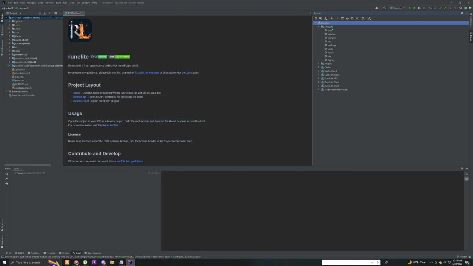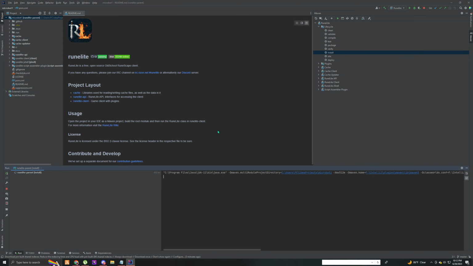Now you'll go to lifecycle after clicking the RuneLite right here. We'll go to, you can use the package, right click, and run Maven build. Now I'm not going to do that because that's not really what I've done, and I don't want to show you guys anything that I haven't learned yet. Like I said, we're just going to be going hand in hand. So anyways, once you right click your install, we'll go ahead and run Maven build, and this